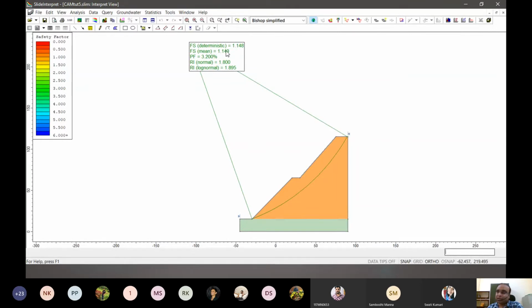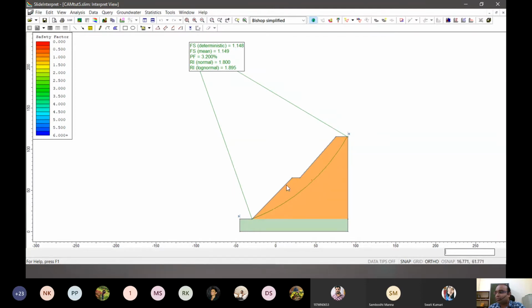The whole reason behind this is the distribution of the cohesion, friction, and the final factor of safety that comes up. Why I wanted to increase the factor of safety here is because I want to show you what different statistical analyses we can do.